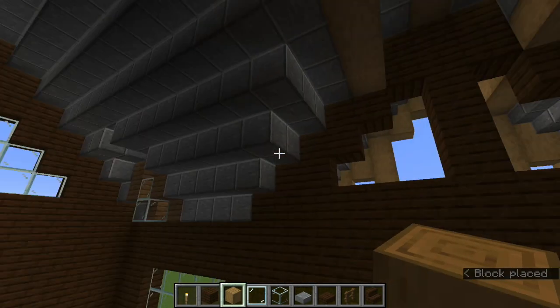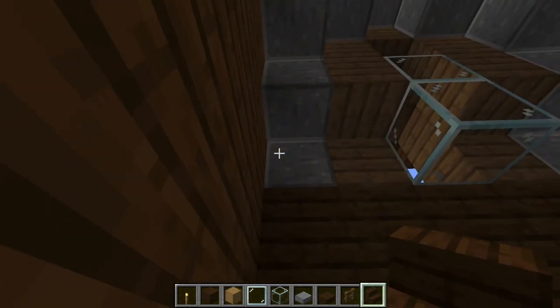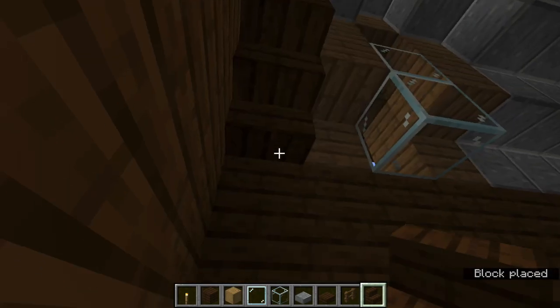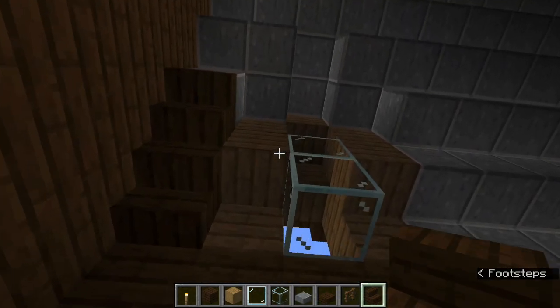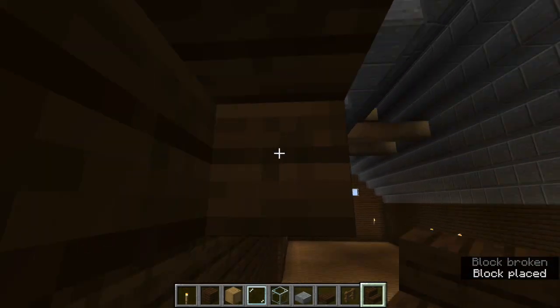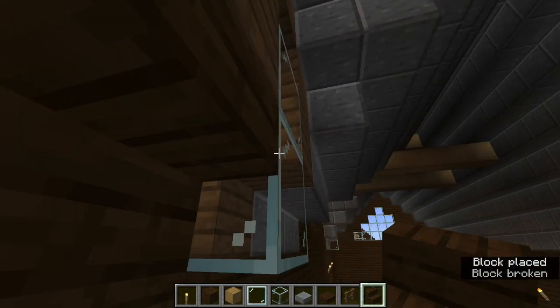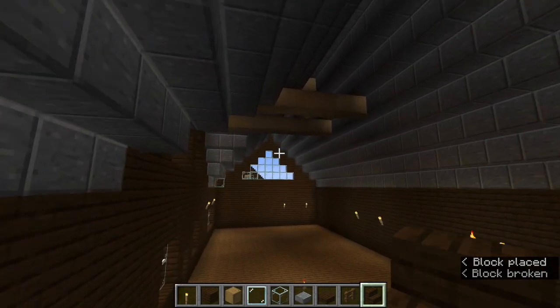So now what we can do is fill in the whole roof. But before we do that, I'm going to quickly show you how to make this feel nice and indented. So what we want to do is do a stair facing this way. So it's a corner, nope, not like that. Upward stair, upwards corner stair, here and here,